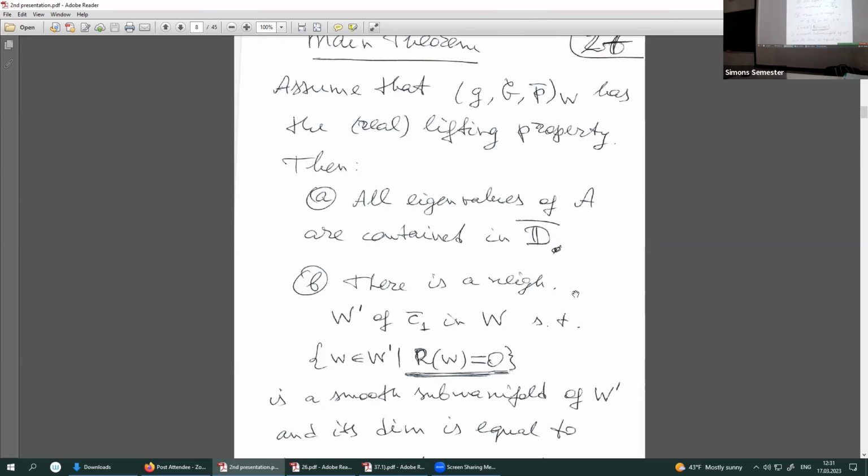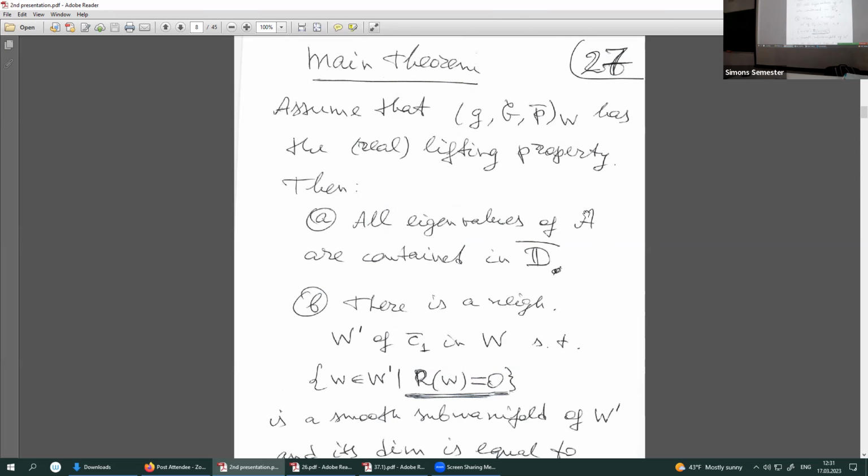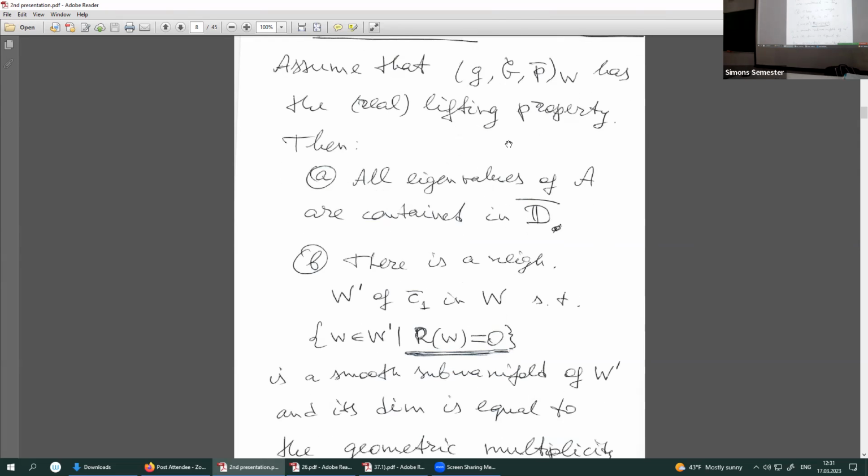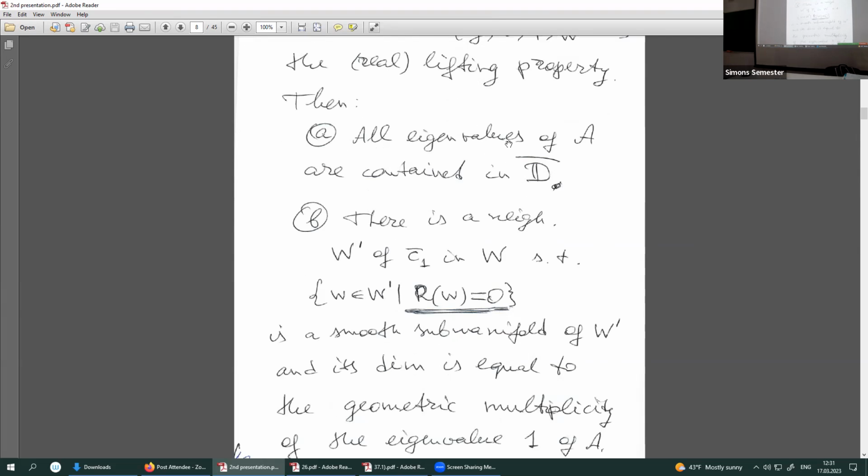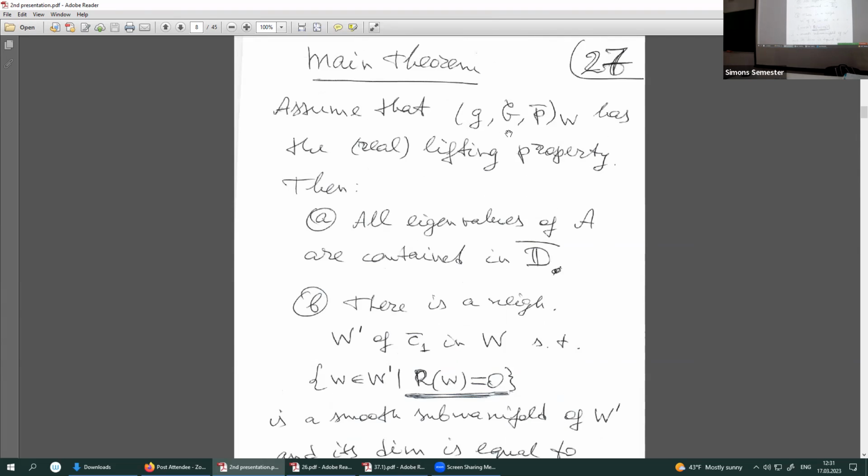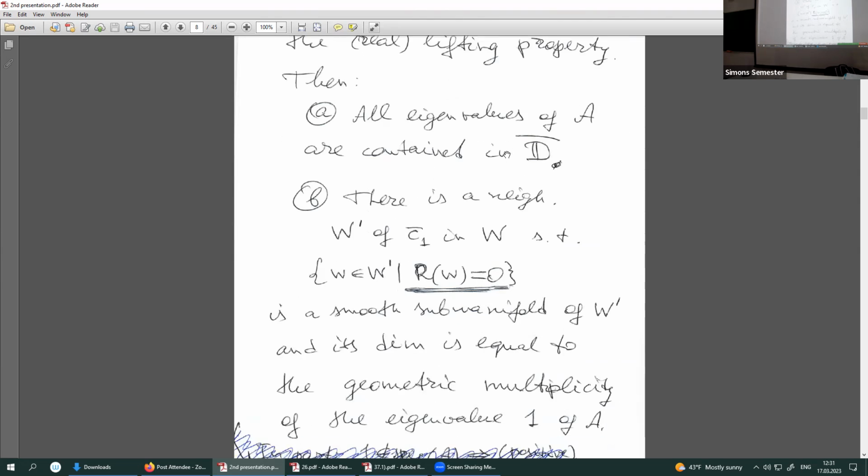So this is the statement, okay? So this is G, a marked map over a finite set, okay? G capital is a holomorphic deformation, and there is a lifting property, and then the claim is that